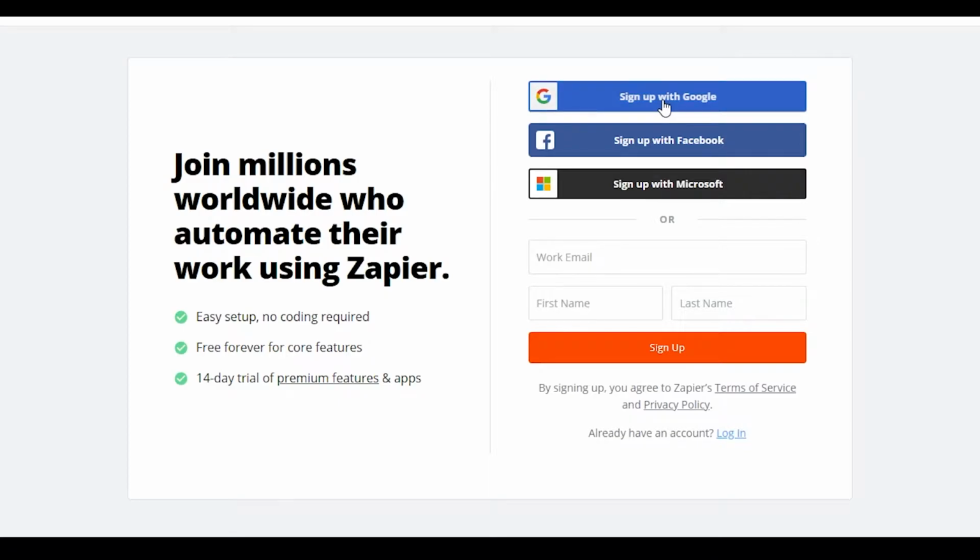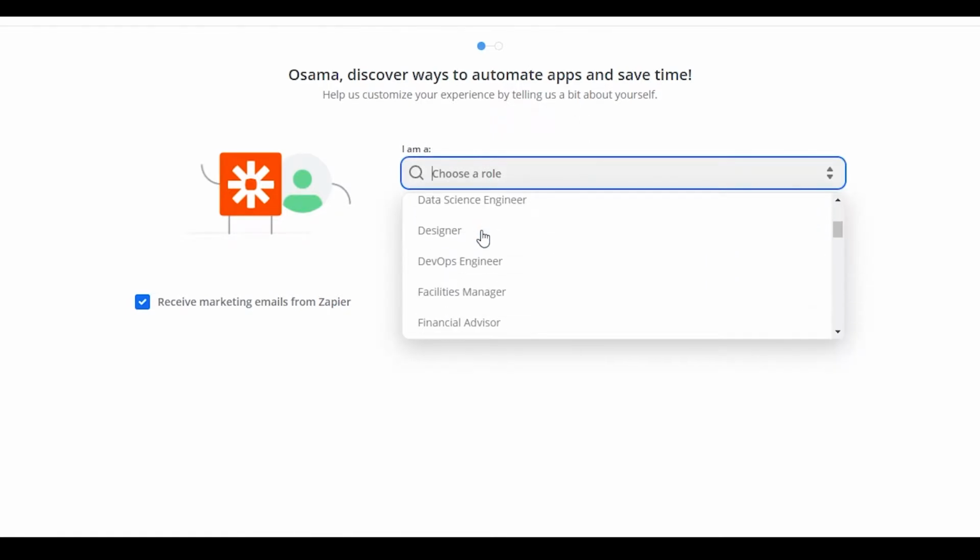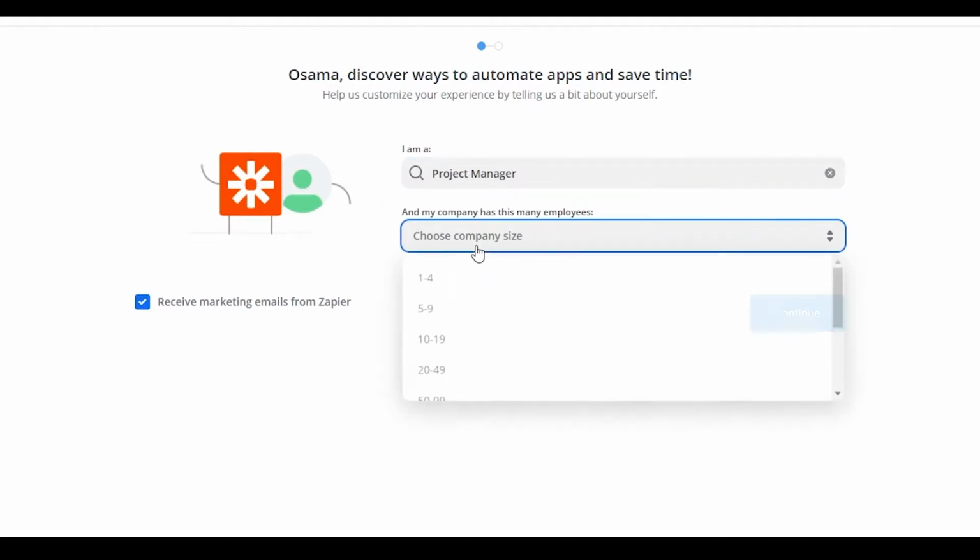So click on sign up with Google, and once you've signed up, all you have to do is answer a few questions such as I am a blank. So choose a role from this list. So I am a project manager, and then I have to select the size of my company. So I have 1 to 4 employees. So as you can see, I've entered in project manager and I have 4 employees, and then just simply click